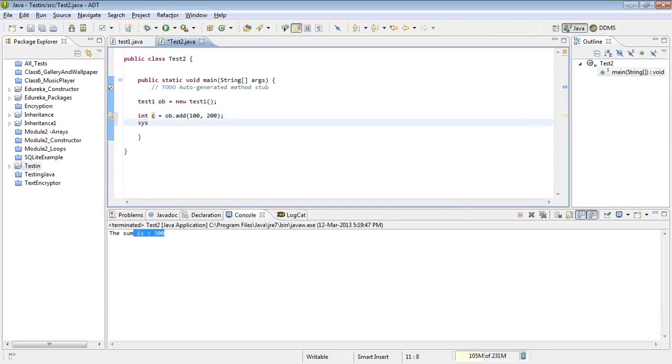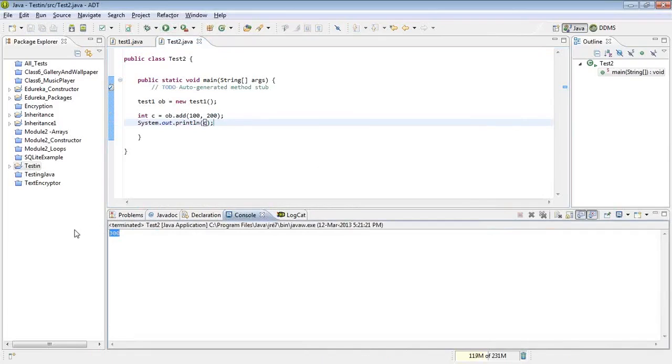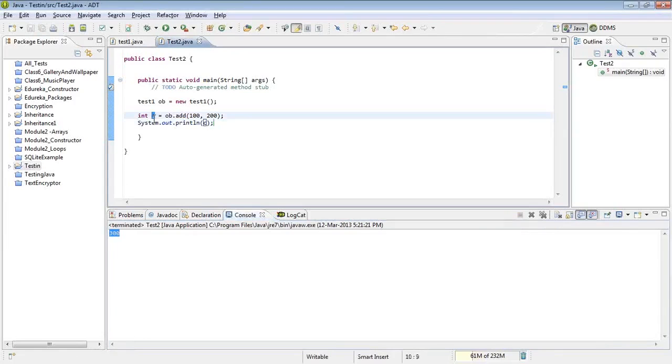So I'll write System.out.println, I'll simply print c. I'm not printing any statement this time. Run the code. I'm receiving the result 300. Are you clear with this? Now the function is returning a value, and you're coming back to this main method, and the value was stored in the c variable and we printed it. Instead of making this line as well, you can simply cut it and paste it over here.